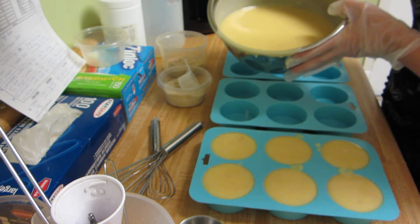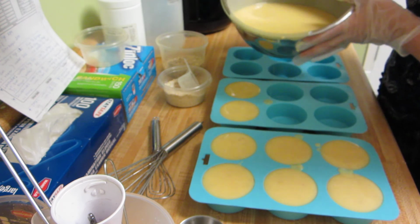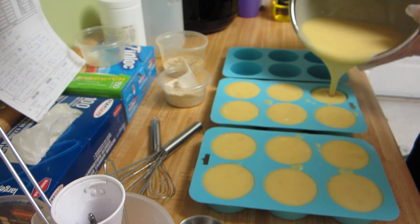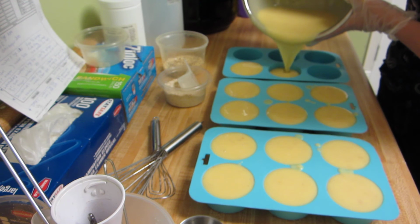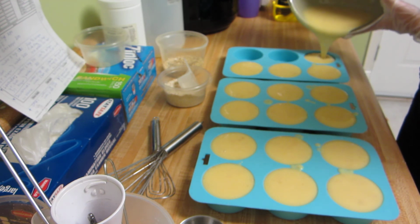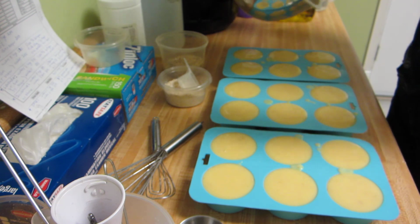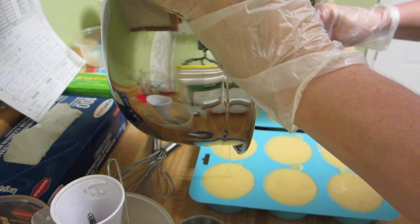It doesn't matter if I get a little bit messy, that part doesn't come out in the soap, so I like to have them really nice and full. So this is a pretty simple recipe with just the 2 oils. My other soaps have some hard oils in them too, so then there's some melting involved before you get started to melt the hard oils down. This one's quite simple. I like making these. It's nice to do just an easy soap sometimes. And we're just getting to the end. There's going to be some extra because quite a bit sticks to the outside of the bowl. So I forgot that I usually need an extra mold out here just to